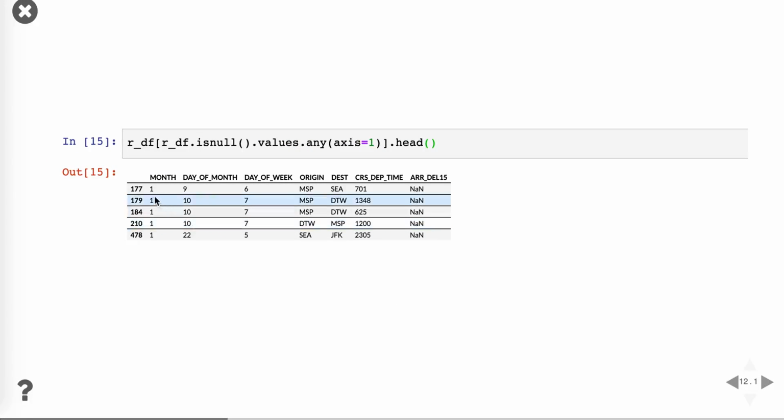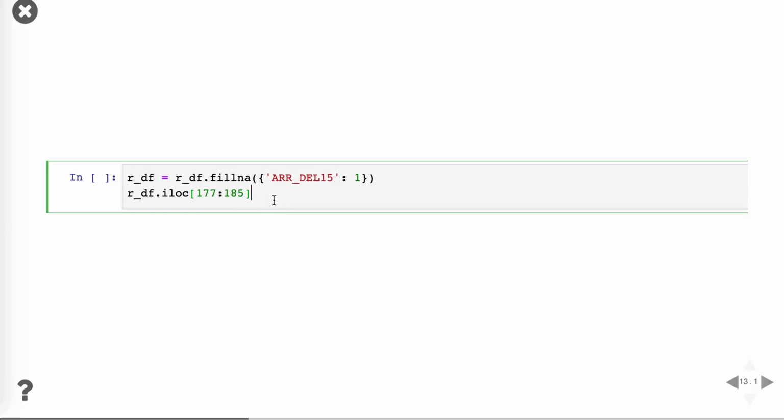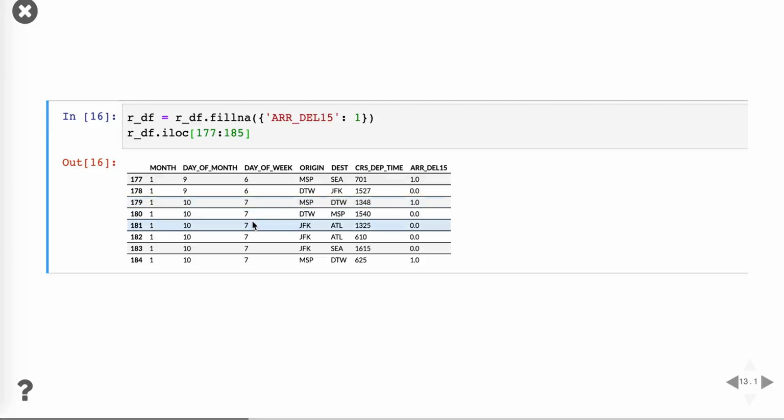If you carefully notice here, the null values are starting from index like 177 here, and maybe there are more. So after running this command, I'm printing out those values. You see that here previously 177 had none, but now it has 1. Why is it 1? Because we assigned the default value as 1 over here.